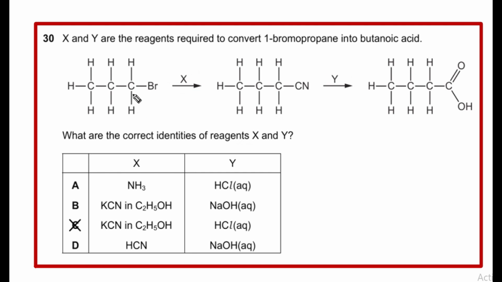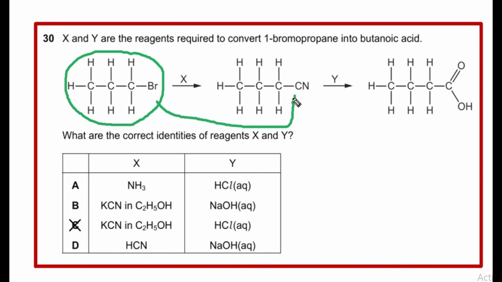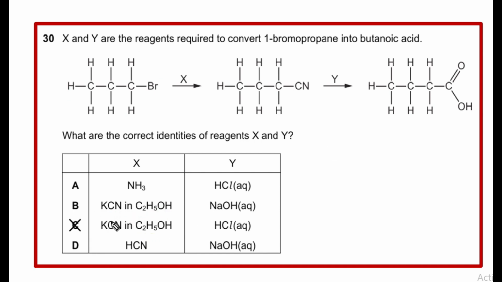So you see, this is 1-bromopropane, and this is haloalkane to cyanoalkane, or alkane nitrile. Reagent X will be potassium cyanide dissolved in alcohol, ethanol, potassium cyanide dissolved in ethanol, and Y